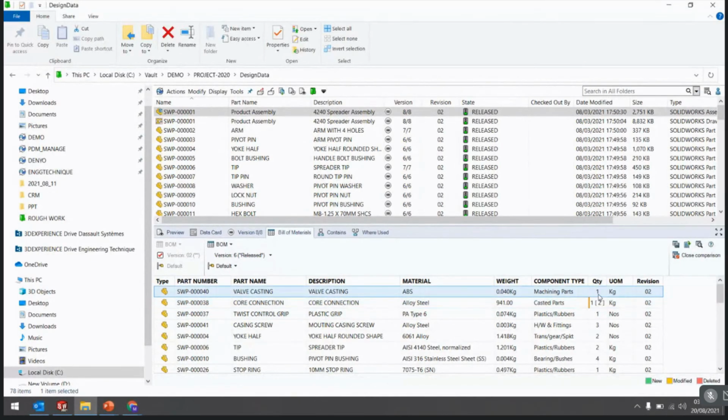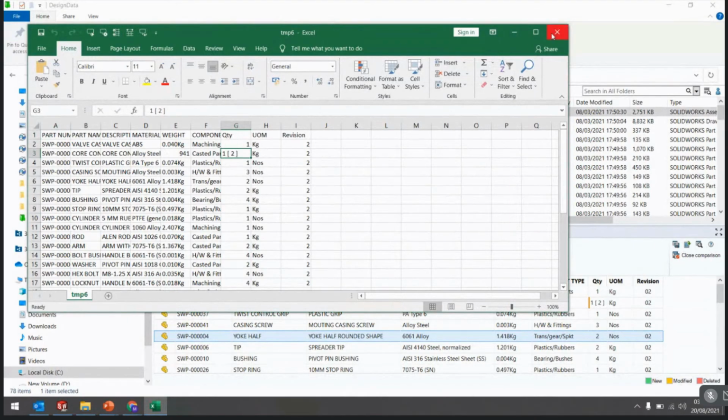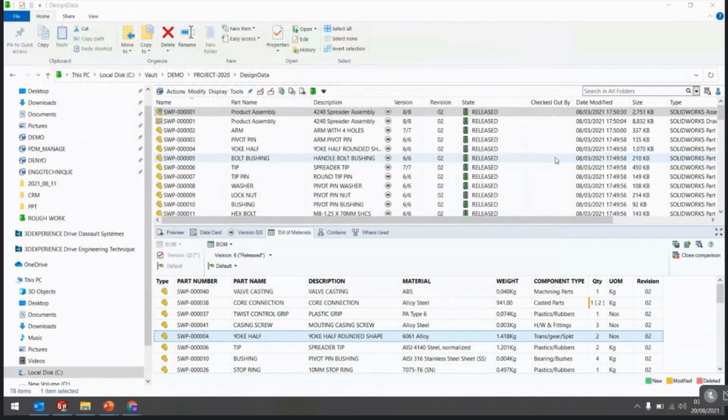What update? I have used an extra quantity of two. The quantity is shown in a bracket. In the earlier version I used one quantity, and in the 6th version again I use two quantity of this part. So this is how you can easily compare that file, and you can also export this file. And here you also get the result, in the bracket, the quantity. So it is a very simple process.